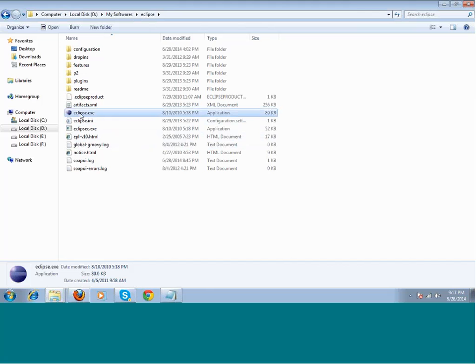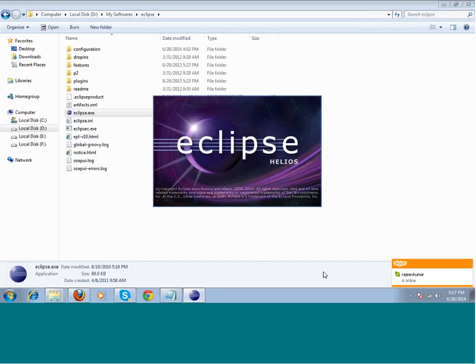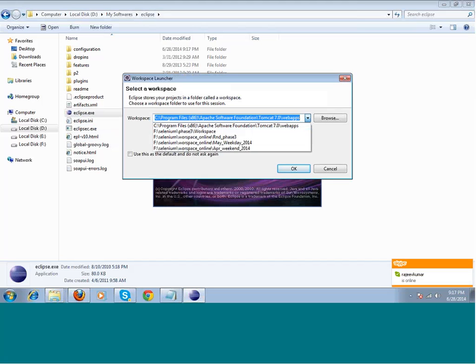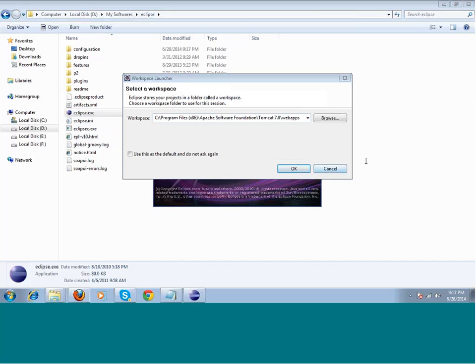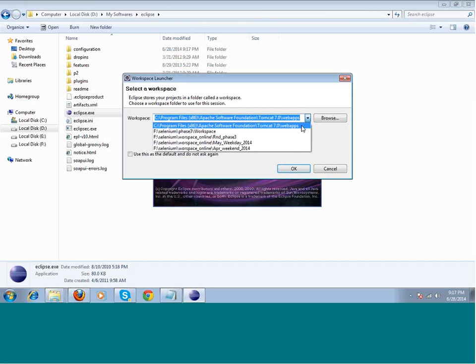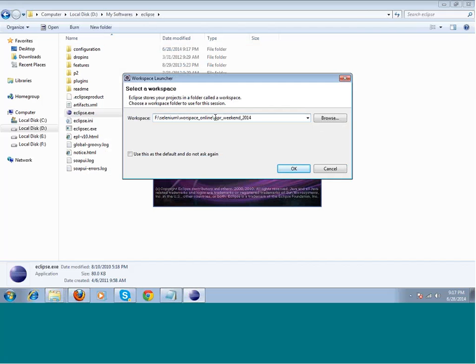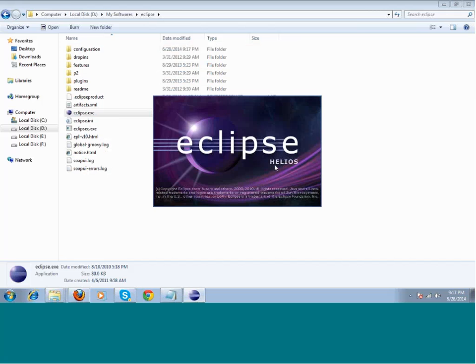So you start up Eclipse. When you start Eclipse, you get a window like this. In this window, this part over here is known as the workspace. You have to give the path of the location where you will be storing all the code. You can browse through the location and select the path, whatever it is. I'll make a new path which is June weekend 2014. Whatever Java code we write, we will be storing at